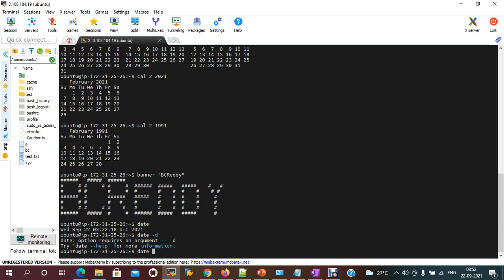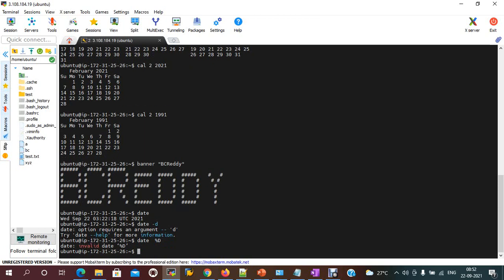If you need to give a specific format, use date with the format, month 02, date, 1991.